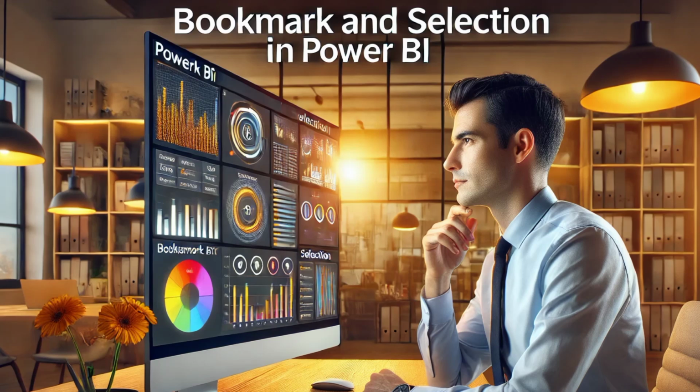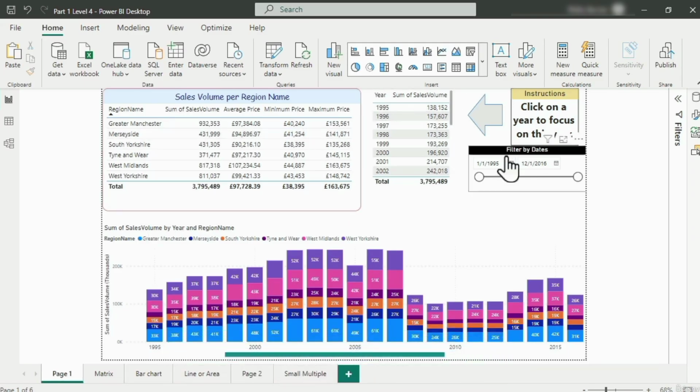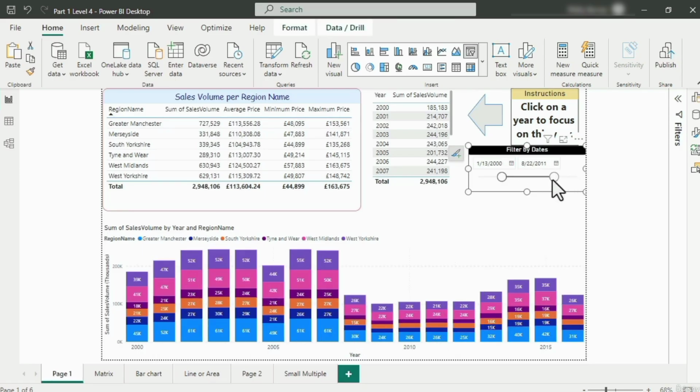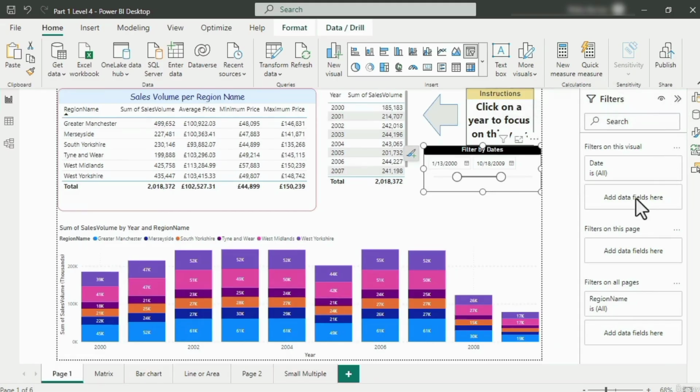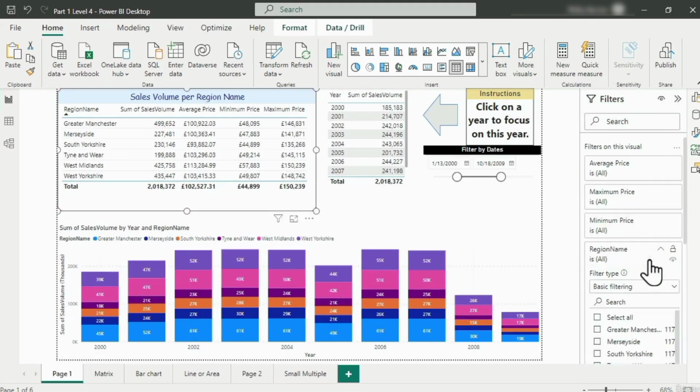Right, I'm going to create a storyline. I'm going to do a presentation. And I'm going to say, first of all, this is the overall picture from 1995 to 2016. Then I'm going to look at 2000 to 2009. And I'm going to just show the top two regions so I can focus on them. Then I'm going to talk about